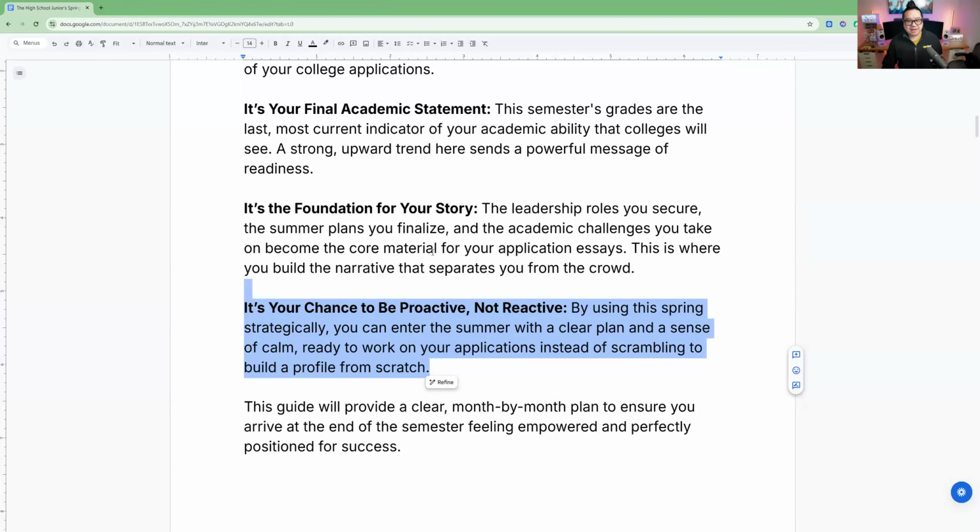The last part here is that this is your last chance to be proactive rather than reactive. A lot of families and a lot of seniors right now are stressing out. They're trying to get their essays finished with a week or 2 weeks to go. If you start early enough, you're able to prepare for a lot of this. You don't have to wait until the very end. People talk about juggling school with all these extra things. Why stress about that? You're starting early. Start early, get your things done earlier so you don't have to stress about the things that will come up along the journey.